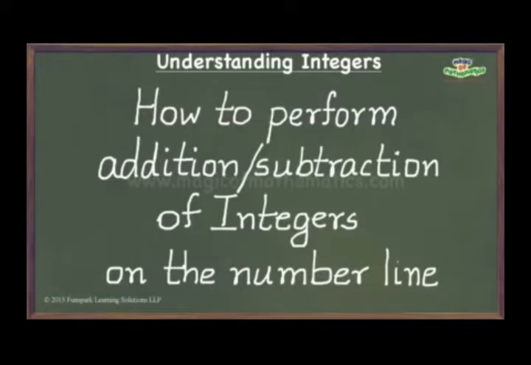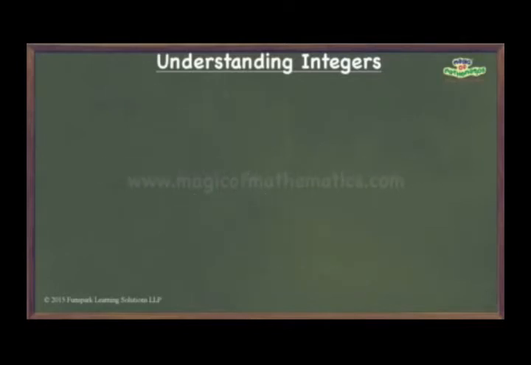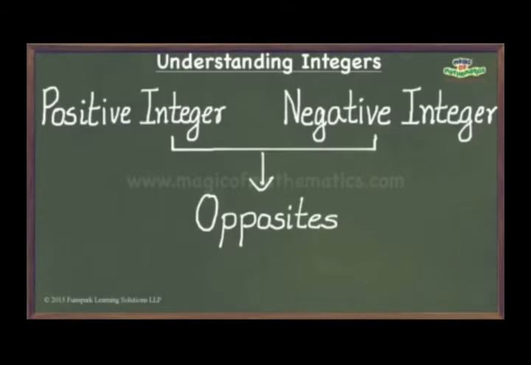Now that we know what we will be dealing with in this video, let us get down to the task at hand. Before I go ahead with presenting the intuitive rules for performing addition and subtraction of integers in the number line, I would like to state here a well-known fact, namely that conceptually positive and negative integers are opposites of each other. In other words, a negative integer is conceptually the opposite of the positive integer of the same magnitude. If you are not familiar with this concept, you should watch my video where I deal with the question, what are integers and why do we need them?